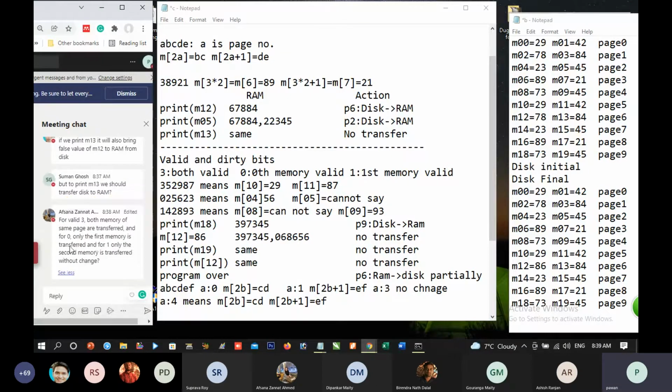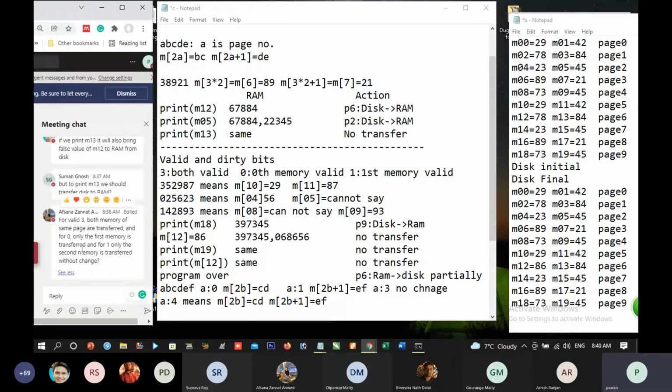No, 0 means nothing has been transferred. The value of the corresponding memory is generated in the RAM only. Is it correct? So the disk value has no meaning now. And when the program is over, the disk value will be updated. And normally we don't write first memory or second memory.